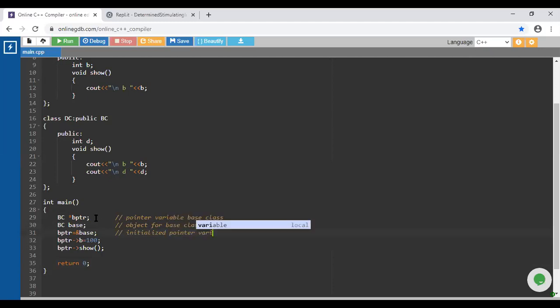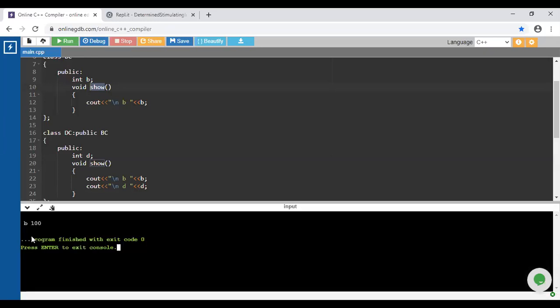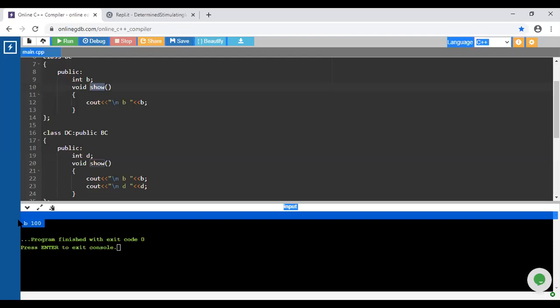Then we initialize the b variable, which is available inside the base class, and we call the show method available inside the base class. Once I execute this code, it will display the output. I think the output is available. Yes, the output is 100. Is this visible for everyone, guys?